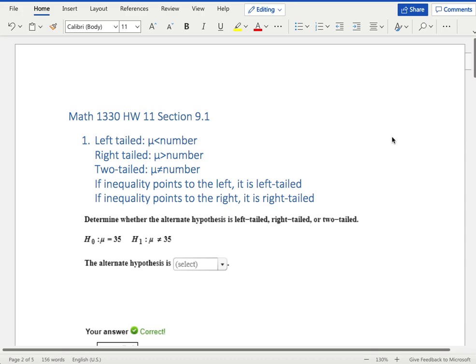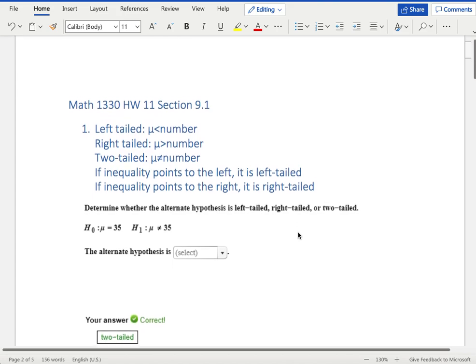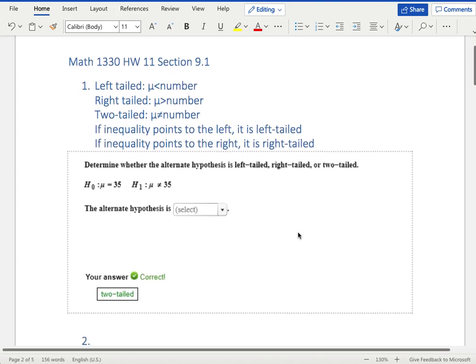Chapter 9 doesn't use the calculator, but all of this stuff comes up again in 9.2, so I just thought I'd do a little quick overview of it because it all carries over, and the way it's worded in Connect isn't necessarily the way it's worded in other stats classes. So the first part of all of the questions from here to the end of the semester are going to